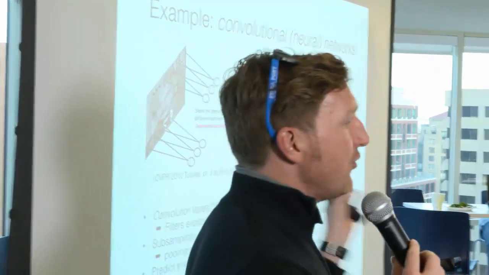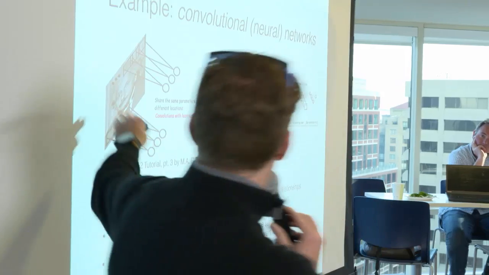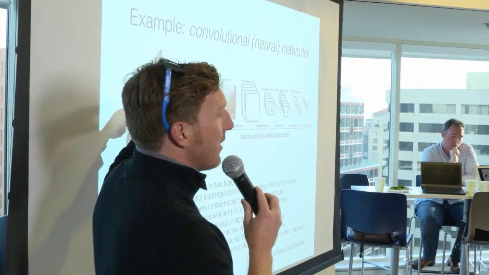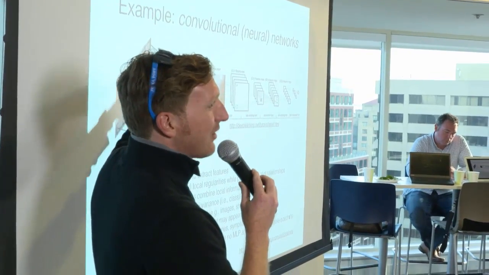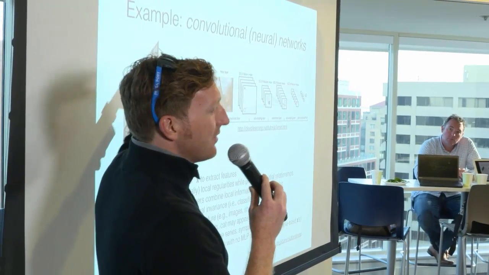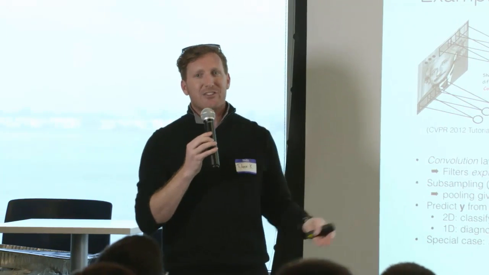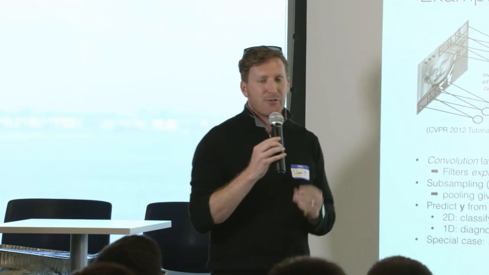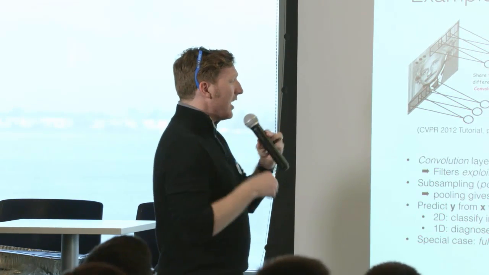So once you've filtered the data, the output of the filter in the upper left-hand corner is still spatially next to the output one step over. Whereas with a fully connected neural net, everything becomes entangled after the first dense layer. So the other thing that